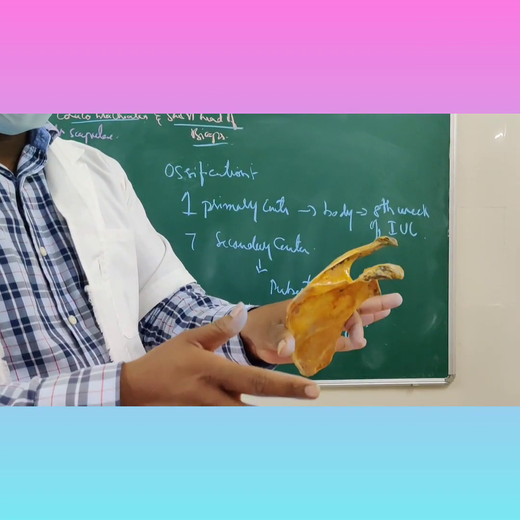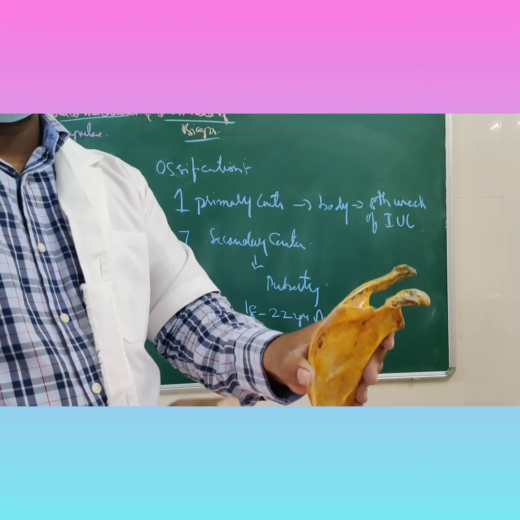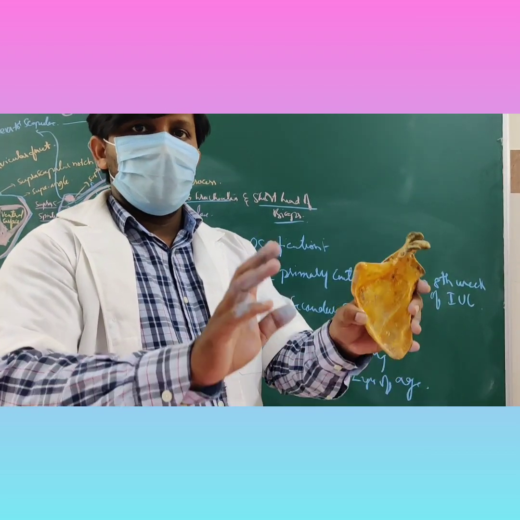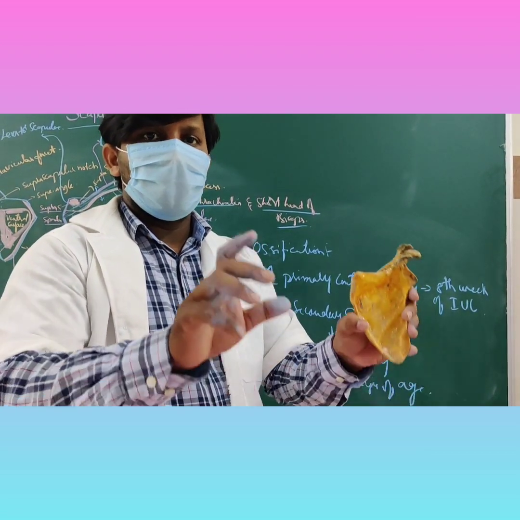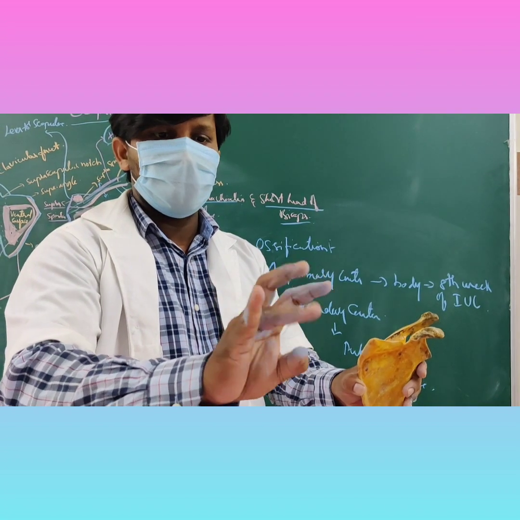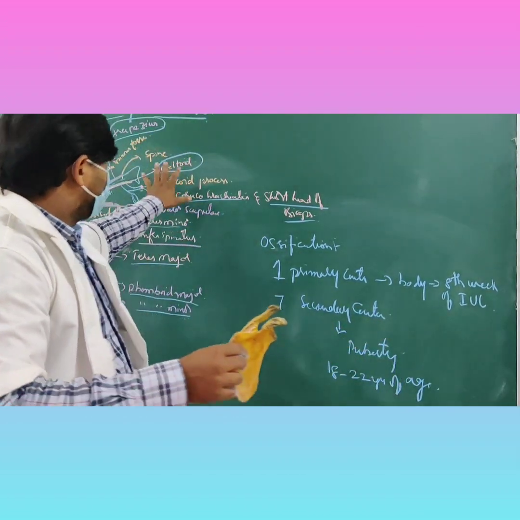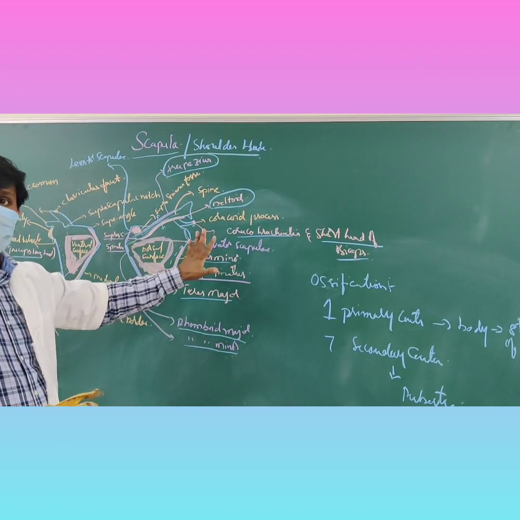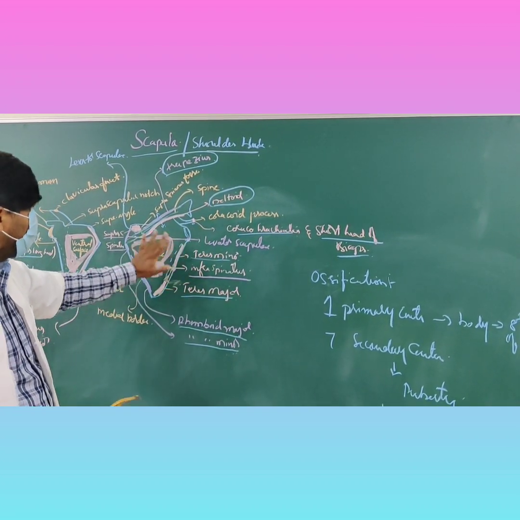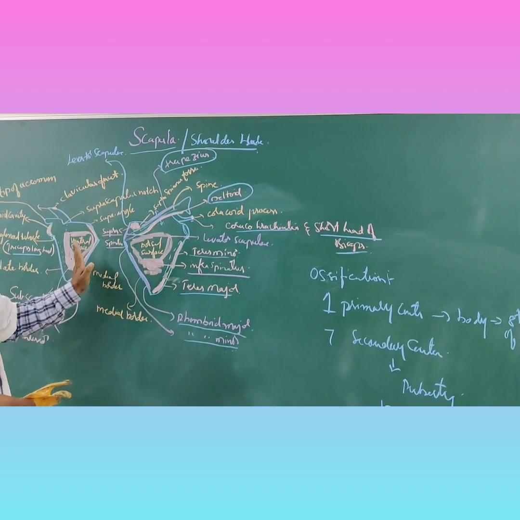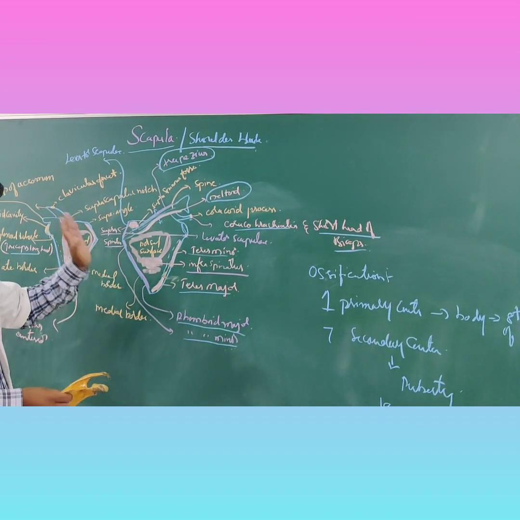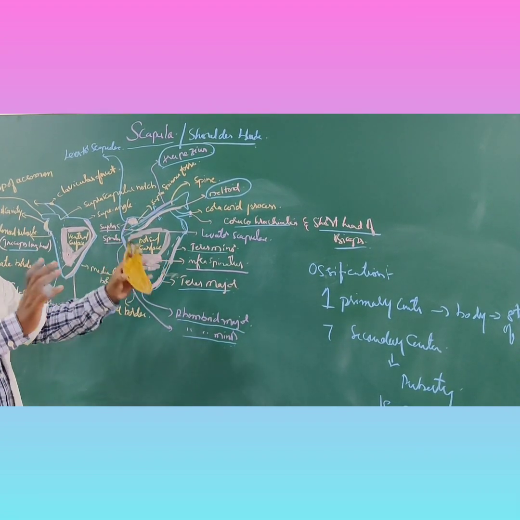Hope you have understood this class. If you have any clarifications, you can text me and I will explain in detail about this bone. Do not get confused with the attachments of the muscles. As of now, the names are important, so you have to remember the names. The origin, insertion, nerve supply, and action of each and every muscle will be discussed in the theory classes in detail. As of now, you have to know which part of the bone gives attachment to which muscle, the anatomical position, and you should be able to tell the side determination of the scapula.